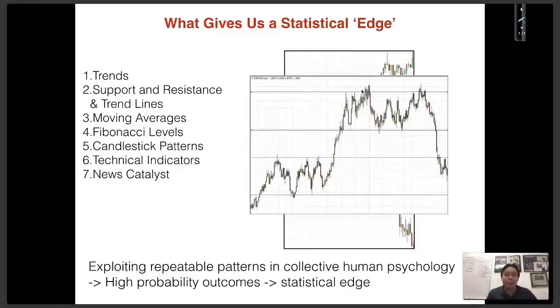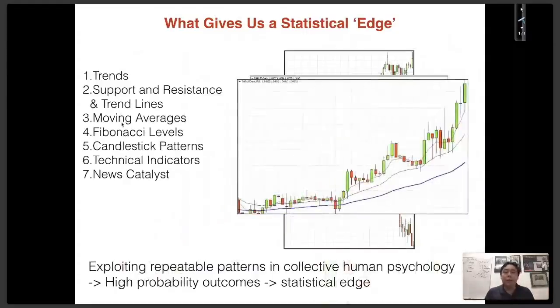At the same time, a support is when there's more demand than supply, more buyers than sellers. Buyers are queuing up at support levels. So whenever the price goes to a support level, what happens? More likely it's going to reverse back up, okay? So general rule, we want to avoid buying near resistance and selling near support, okay? So again, if you do that consistently, odds are in your favor, okay?